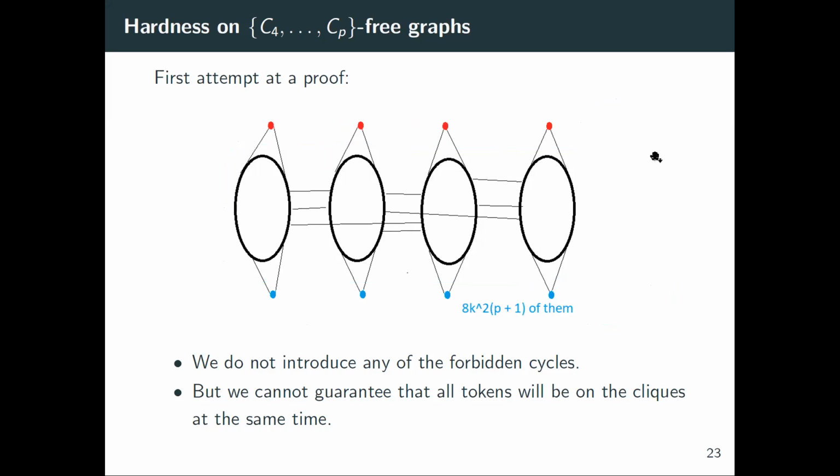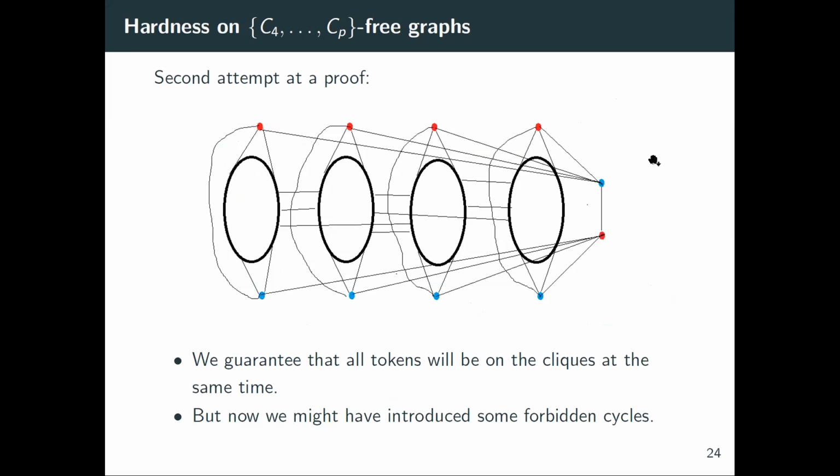So how do we fix this simultaneity issue? Well, here's how we can do it. So instead of simply adding universal vertices, we're also going to add an edge between every 2 universal vertices of a clique. And then we're going to add something that we call a switch. And in this case, it's a simple edge. And the red token here needs to go to the blue position. Right? So now we have one extra token inside our graph.